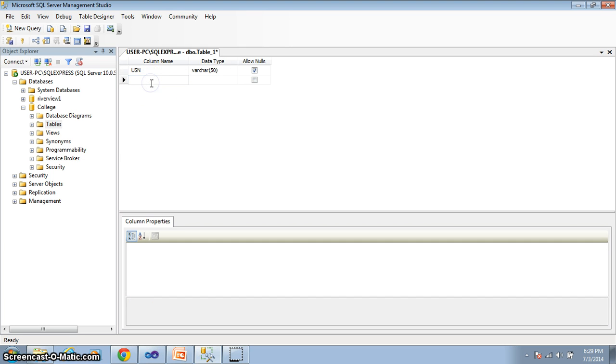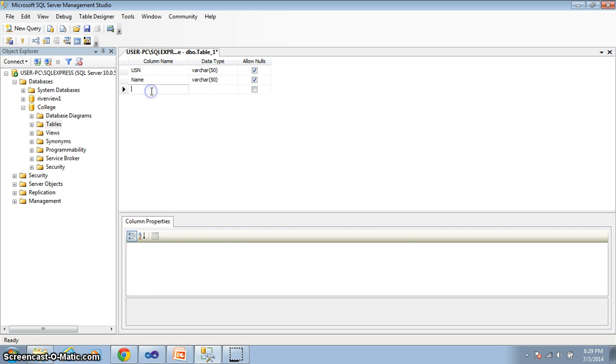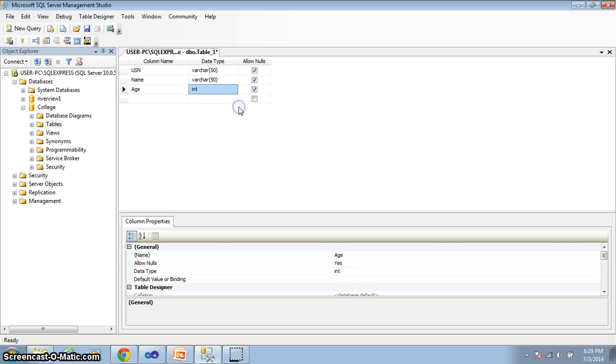Then one more field, name, and the type is again varchar. Then I would like to have age, and this data type I would like to keep as int. That's all. I have got a table, and let me save with Control S.